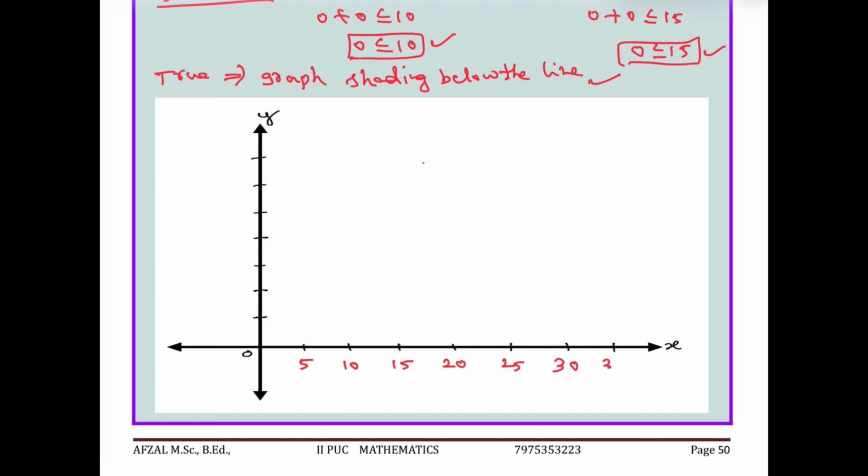Next, integral dx divided by square root of 7 minus 6x minus x square. First we need to factorize 7 minus 6x minus x square. It is not in order. First arrange in order: minus x square minus 6x plus 7. Take minus common: x square plus 6x minus 7. Now this we have to factorize like a plus b whole square or a minus b whole square. x square can be written as x whole square. 6x can be written as 2 into x into 3. That means b value is 3 here. Add 3 square